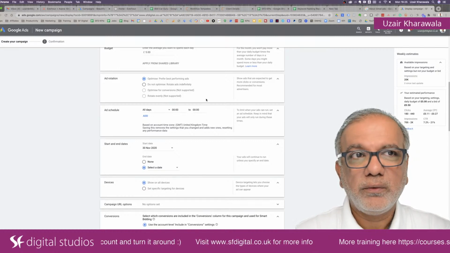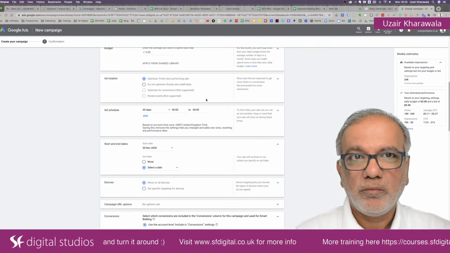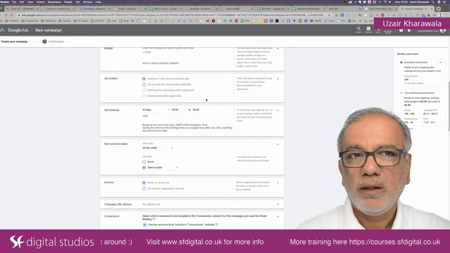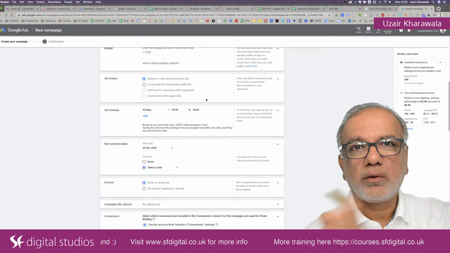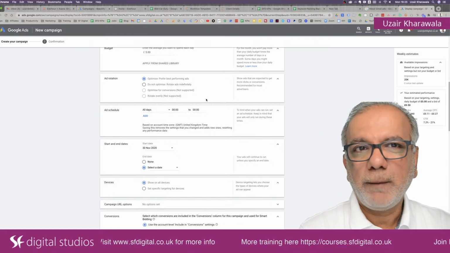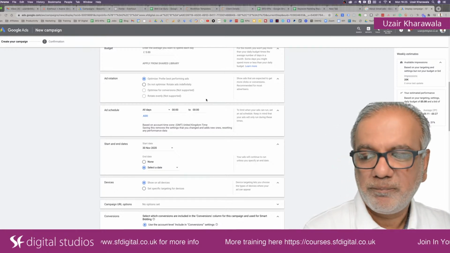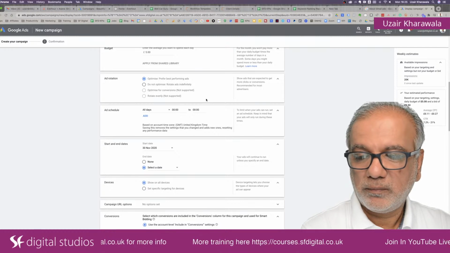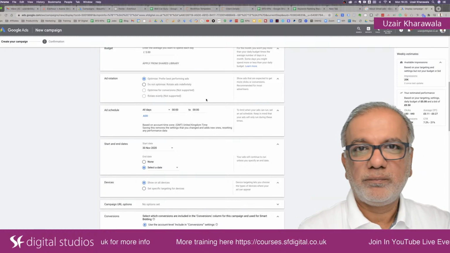All you need is your feed, which goes into the Google Merchant Center. Everything is controlled from there. So WooCommerce will not talk to Google Shopping directly. In the middle sits the Google Merchant Center. The feed needs to go in there, and then the feed is going to talk to